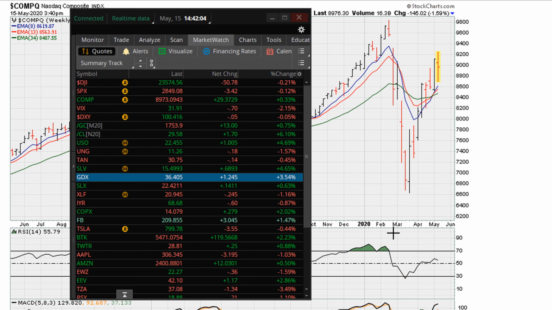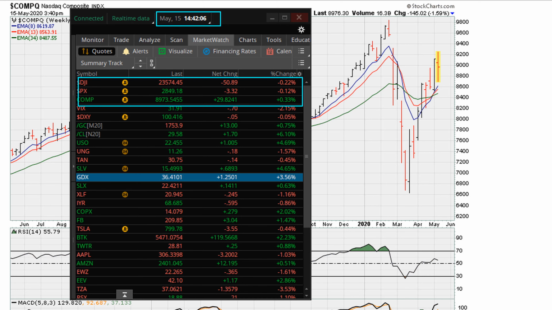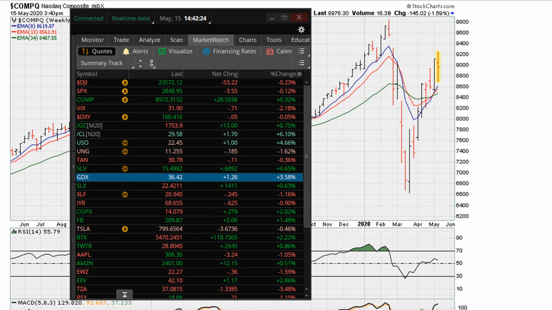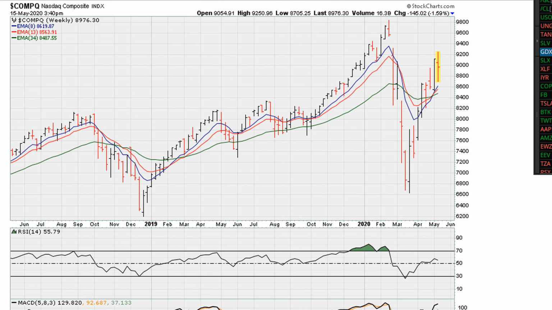With about 15 minutes to go before the end of the session, the end of the week, and end of options expiration, this is where markets are trading. Let's take a look at those charts. Let's begin by taking a look at the Nasdaq. I think it gives us a good visual for what to be on the lookout for as we continue on in the coming days and in the coming weeks.